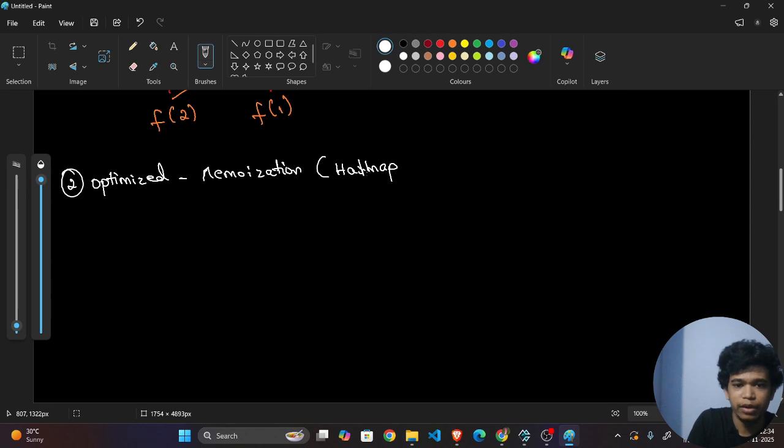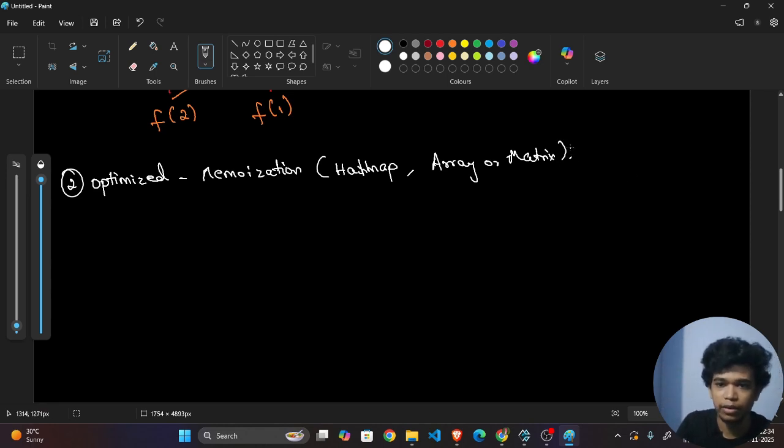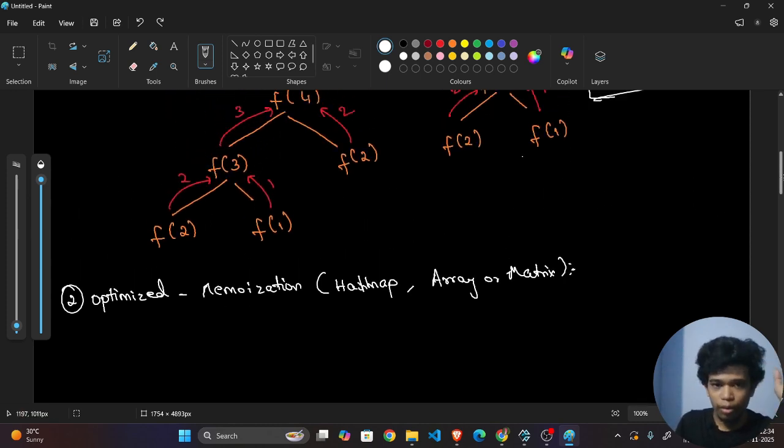Okay, the recursion approach. Now we are going for an optimization. Whenever there is an optimization, we want to think about the memoization technique. So memoization can be done via two things. One is a hash map and another one is an array or matrix, depending on the number of dependable variables in the parameter. So basically the terms are a bit huge, but inside that the logic is very simple. Okay, don't be scared of seeing these terms. Okay, fine. So see here,